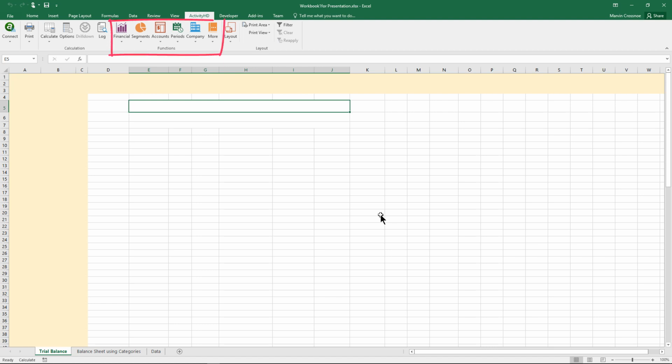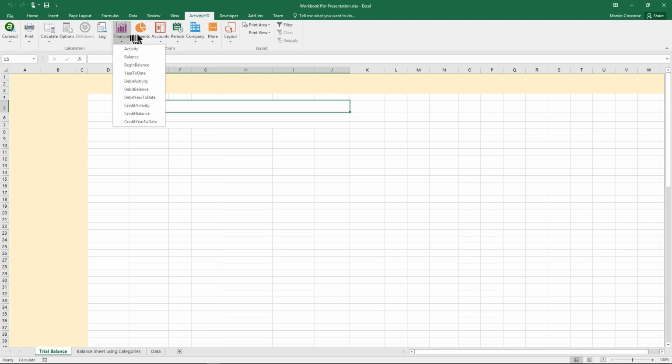The heart of ActivReporter functionality is contained in the Functions area. Here, over 50 functions are provided, which allow the designer to efficiently place information from the Dynamics GP database directly into the spreadsheet. Functions are classified into 6 categories. First are the financial functions. These provide transaction activity during a financial period, balance at the beginning and end of the period, and debit-credit activity